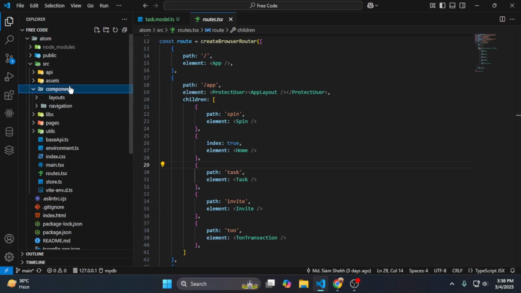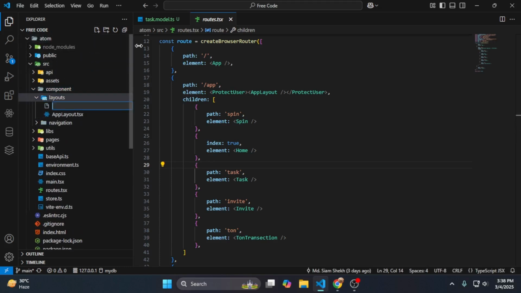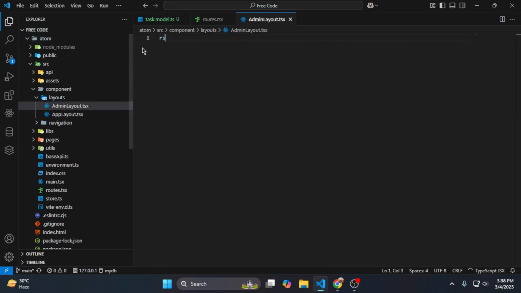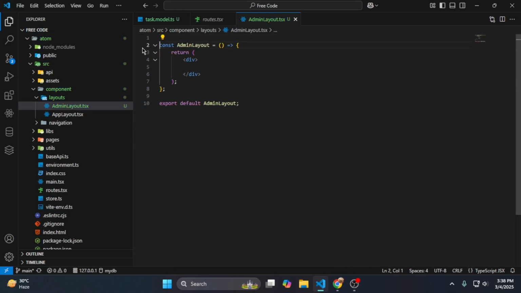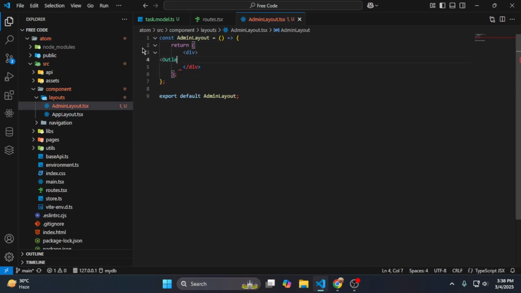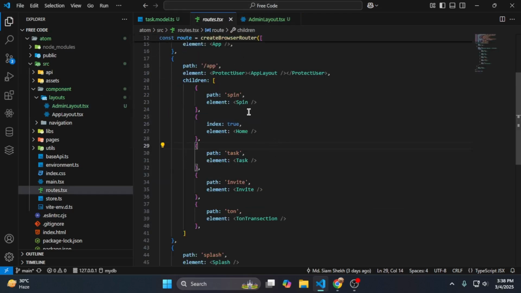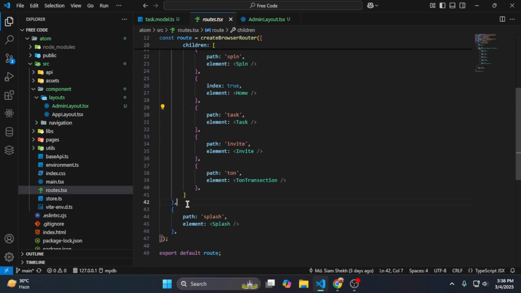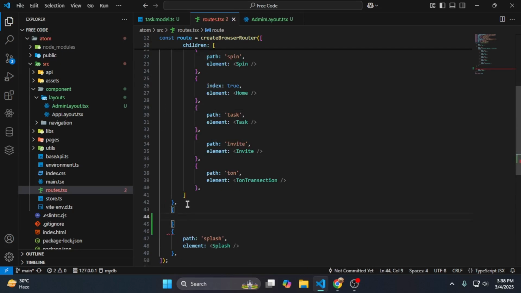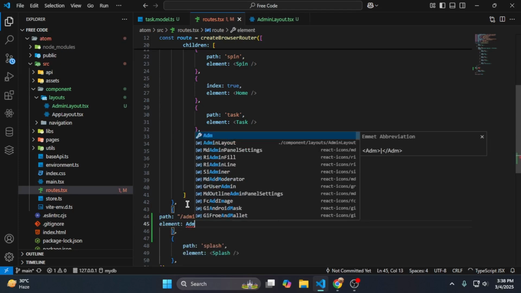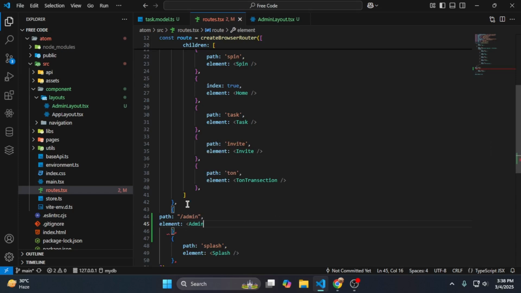So let's make a component layout, something like admin layout.tsx. Now rsc. Okay, now here I pass the outlet. Now if I go on the routes, there I can create another object with the path name, and the path name is admin, then element is admin layout,